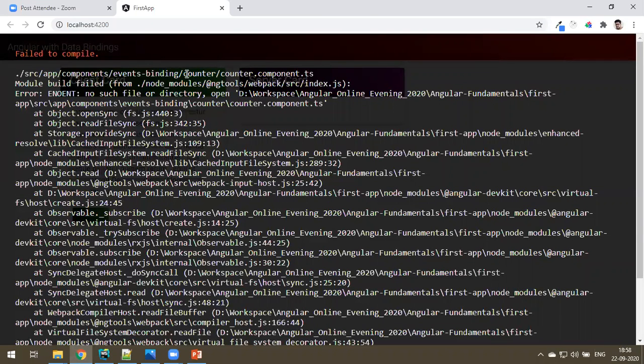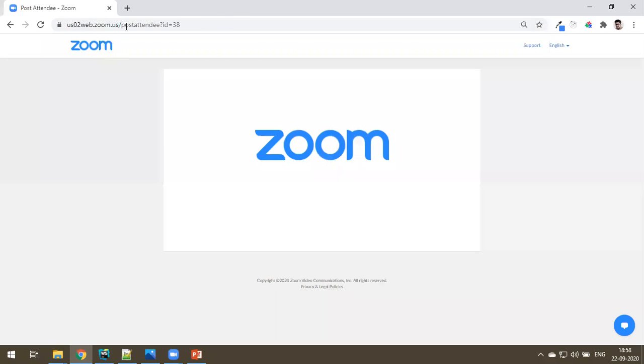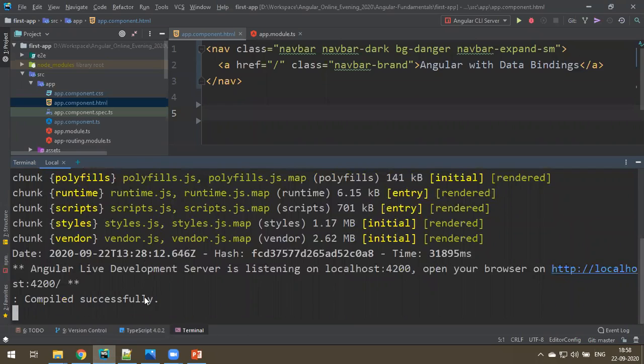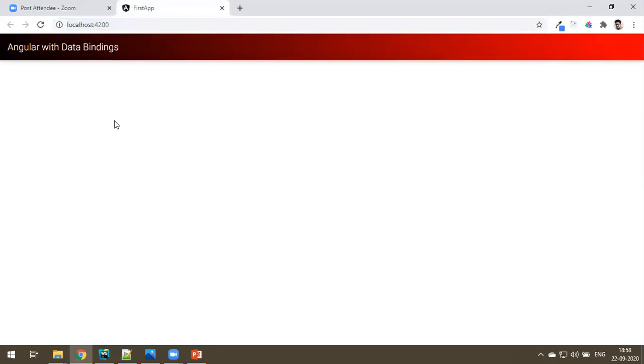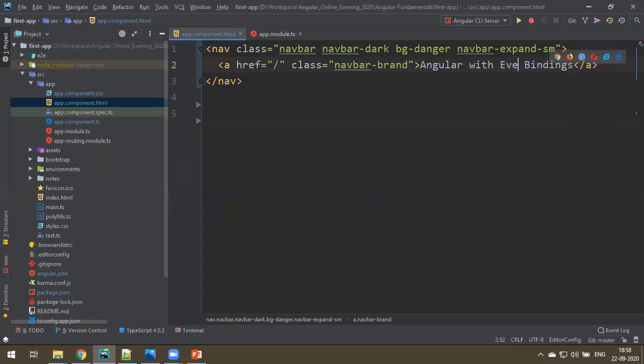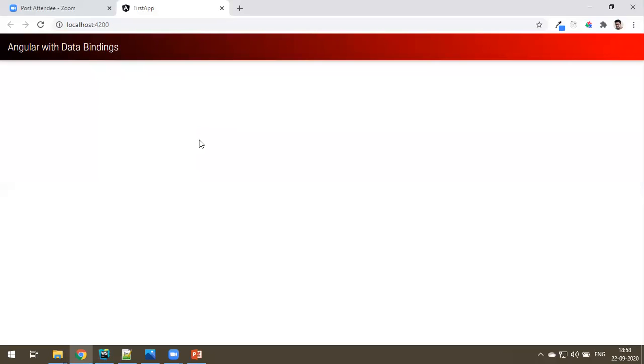Okay, counter is not there. That's fine. It will open a browser. It's still doing it. Now it opens a fresh. Yeah, it's fine. Now my heading is not data binding. It is events binding. Okay, fine. It will change.